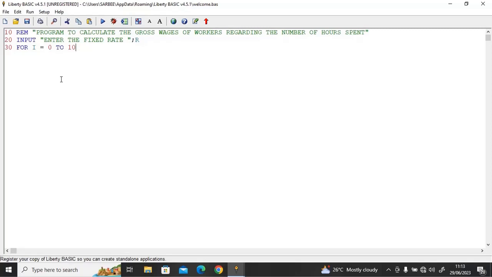0, 1, 2, 3, 4, 5, 6, 7, 8, normal. Then 40, we have input. Then you want to enter the number of hours worked, right? Input, enter the number of hours worked, semicolon, space, semicolon, hours worked. Then 50 gross wage